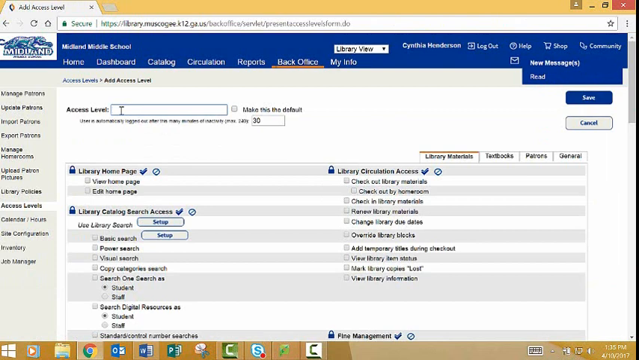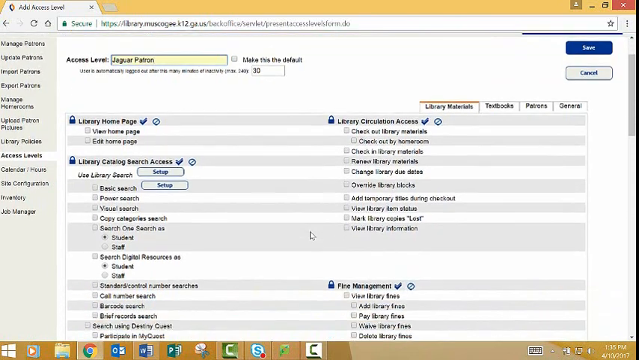For this, because we are the home of the Jaguar, I'm going to call it Jaguar Patron. Okay, so I'm just going to click it. What I want this patron to be able to do, the access level, for the most part, I want it to stay set as a student. But over here under Library Circulation Access, whenever anybody logs in with the access of the Jaguar Patron, they're only going to be able to check